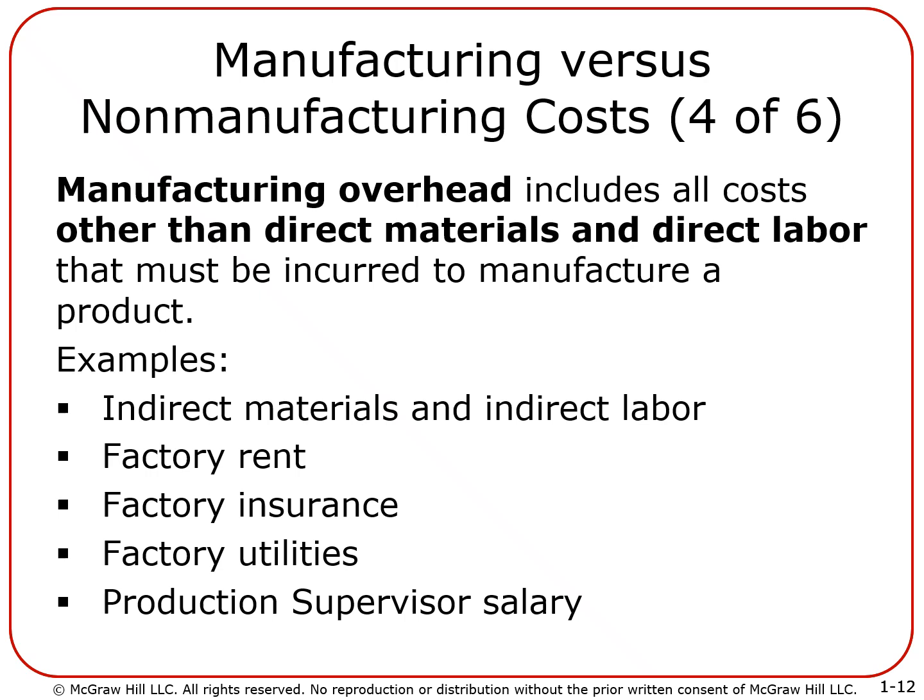Now think about indirect material. Now you have, let's say, a wooden furniture, a wooden desk. The wooden desk, definitely you directly see the wood, which is directly linked with it. Now, there are some things which are not directly linked, but indirectly linked. For example, you need to use glues. You need to use nails. So these are something which is not easily traceable, right? But you need those to assemble the product. So that is an example of indirect material.